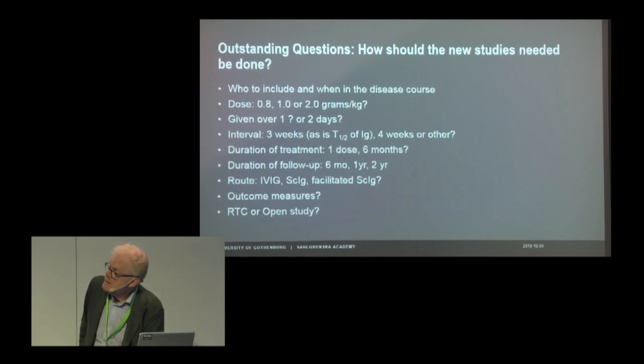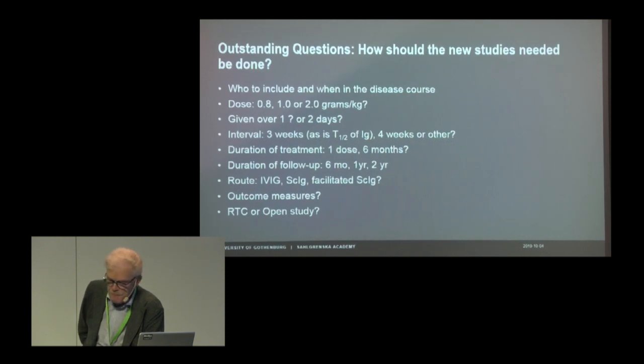Is it the very high peak, or is it a steady state that you get over a certain zero level for the patient? We don't know that. We know that it's different for different autoimmune disorders. With 3 weeks, we have talked about duration, 1 dose, 6 months. I think, personally, we should go for the 6 months.